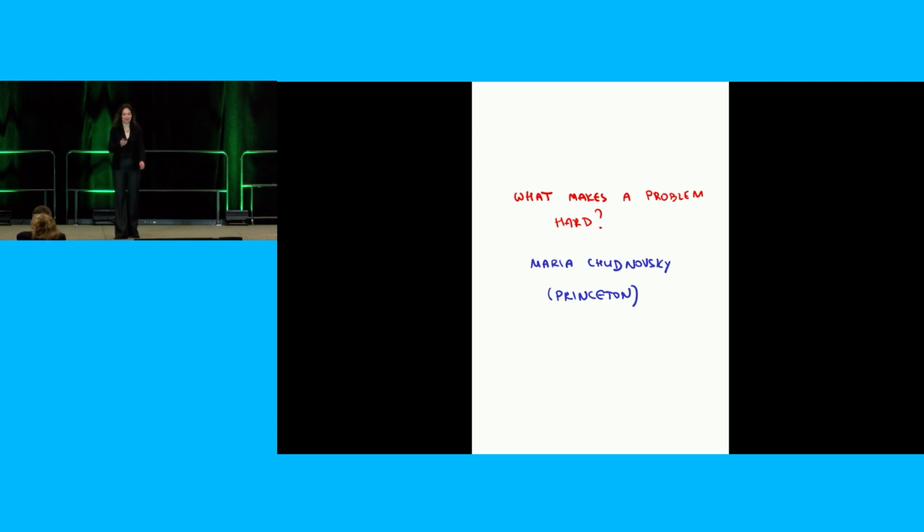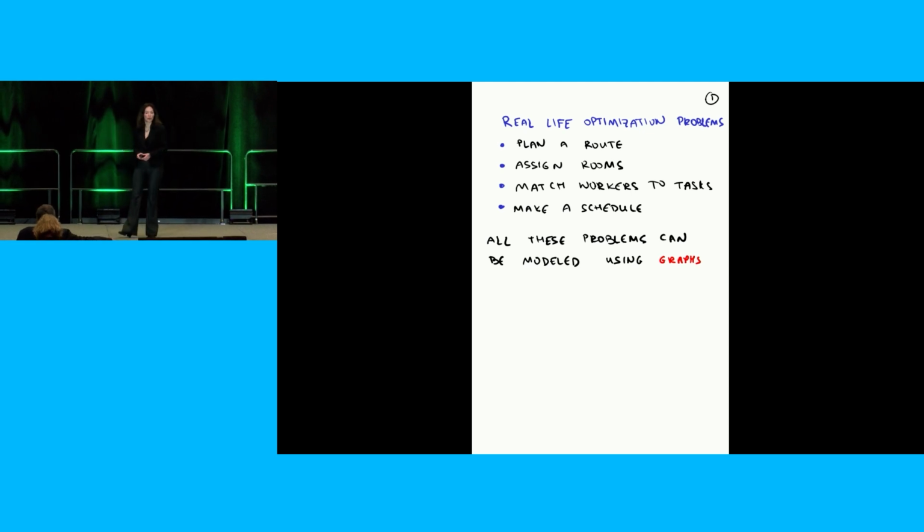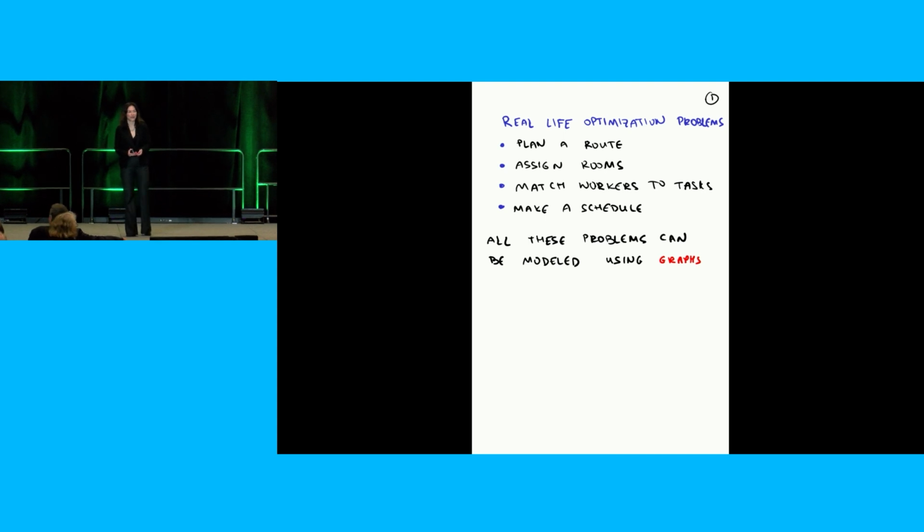what makes a problem hard? Well, I'm a graph theorist, as Percy said, and the first thing I'm going to do is tell you that graph theory is an excellent branch of mathematics that has a lot of applications in the real world. The places where you would use graph theory in real life is when you need to solve an optimization problem, which is, of course, something we all do all the time. I listed here a few examples, but this is by no means a complete list of what optimization problems come